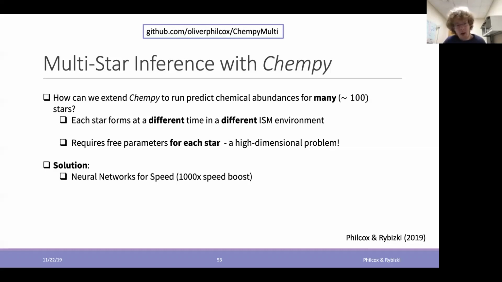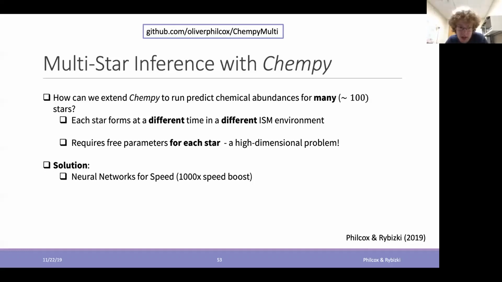So what we actually do is replace Chempy by a neural network. The reason this works is that Chempy is effectively a black box. There's a lot of physics that goes into the internals of it, but the user doesn't need to know that. So we train a neural network to take the input Chempy parameters and simply predict the output Chempy abundances. Effectively, it just acts as a fast, nonlinear interpolator. That's all. It's a high-dimensional function interpolator. It takes 5 inputs and generally gives about 28 outputs, as many outputs as we want elements.